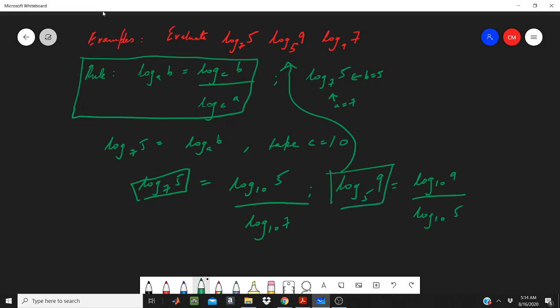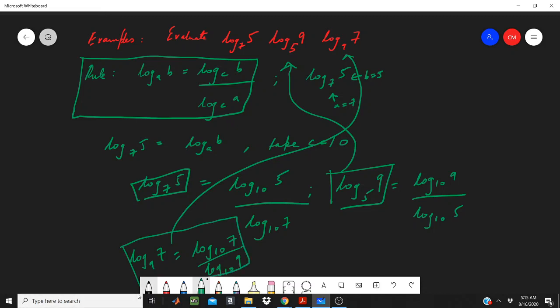we can do the same thing for log 9 of 7. This is this thing right here. Take C again as 10. So log 10 of 7 divided by log 10 of 9. Okay,